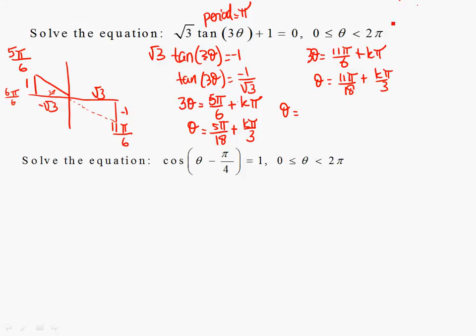What's the biggest number I can give? 2 pi. To compare it more easily, if I write 2 pi as 36 pi over 18, I can go up to 36 in the numerator. So 5 pi over 18. And then I'm adding pi over 3's, right? Pi over 3 is actually pi over, if I want to make that an 18, I need to multiply by 6, right? Alright, so 5 plus 6 is